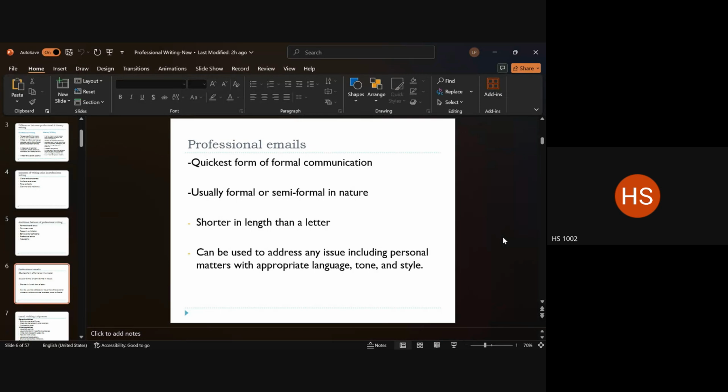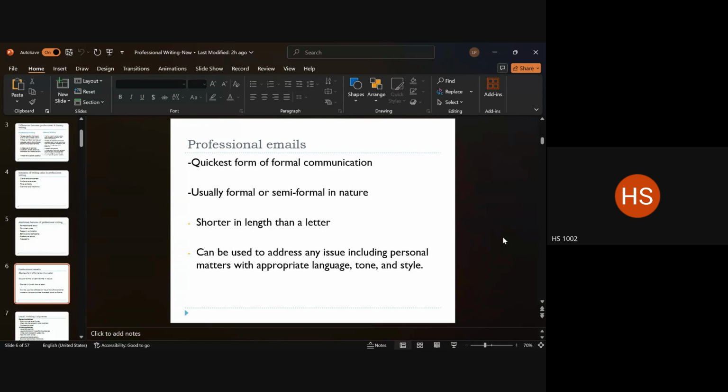But whatever the case is, whether it is physical, electronic, or more messenger oriented, the message that is coded in professional writing looks the same. It follows a particular format and template, and that is similar across. Okay. The tone in emails could be formal, semi-formal, or informal, depending on who you are writing to, right?